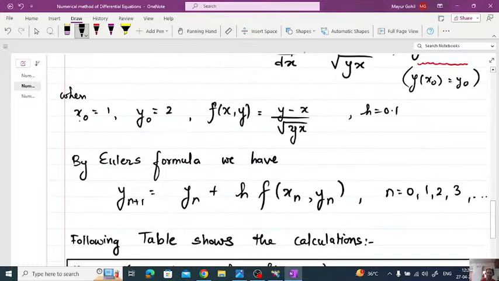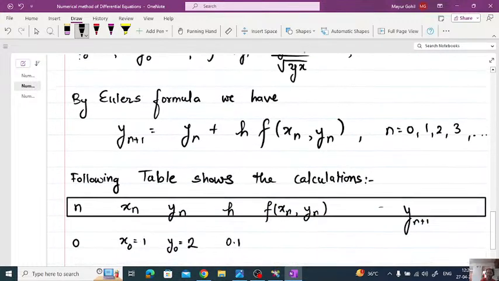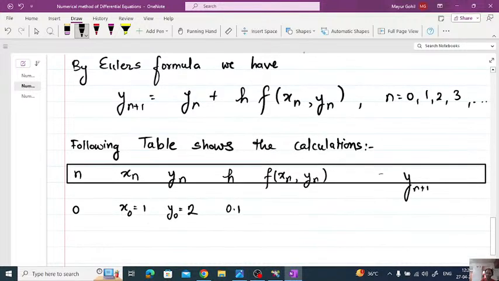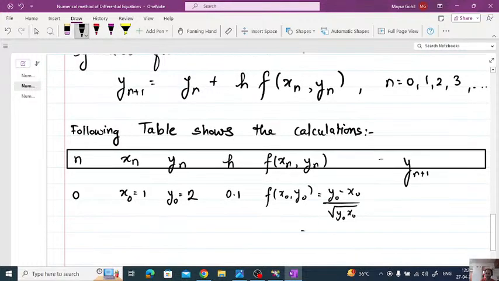अब f ऑफ x0 y0 कैलकुलेट करना है। इसका मतलब क्या है, बेसिकली मैं फर्स्ट कैलकुलेशन डिटेल में बताता हूँ जो आप लोग कर सकोगे। सेकेंड ऑनवर्ड्स आप डायरेक्टली कैलकुलेटर में कर सकते हैं, इसमें कोई डिफ़िकल्टी नहीं है। तो y0 माइनस x0 डिवाइडेड बाय द स्क्वायर रूट ऑफ y0 x0। सो ये कैलकुलेशन आप कैलकुलेटर में कर रहे, और देखिए कितना आता है। तो हम लोगों को मिलेगा यहाँ पर 2 माइनस वन डिवाइडेड बाई स्क्वायर रूट ऑफ 2, यानी 1 अपॉन रूट 2 का आंसर निकालना है।